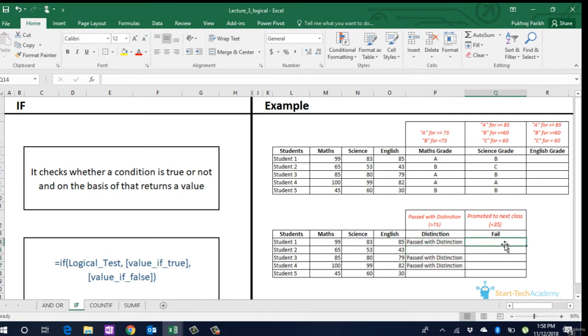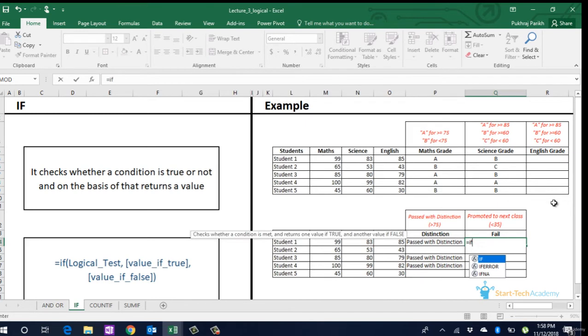For OR, we will have if true, output will be failed, else we will have promoted to next class. So we'll write OR the three conditions: English less than 35, science less than 35, maths less than 35.